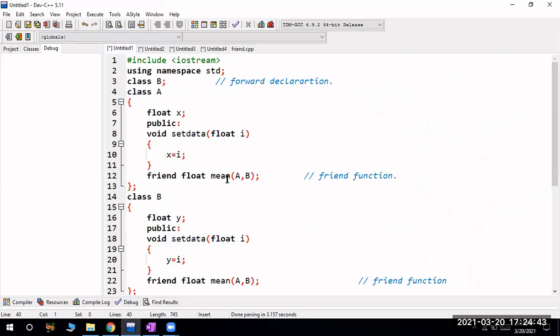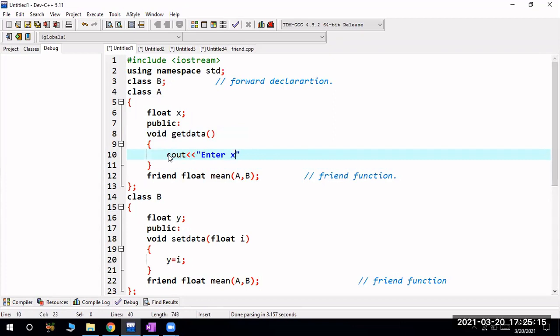Yes, sir. Right. So in this case, I just want to do one simple program. There is a class A. Inside this class A, we have a float x variable, and within the public section I have a set data method, which is used to set the data, or I can take a get data method. In get data I will write cout enter x value.